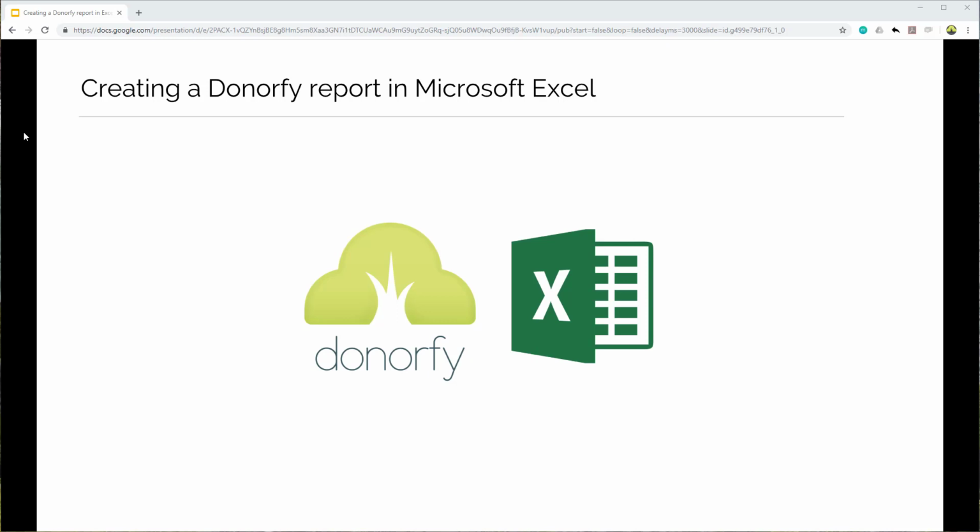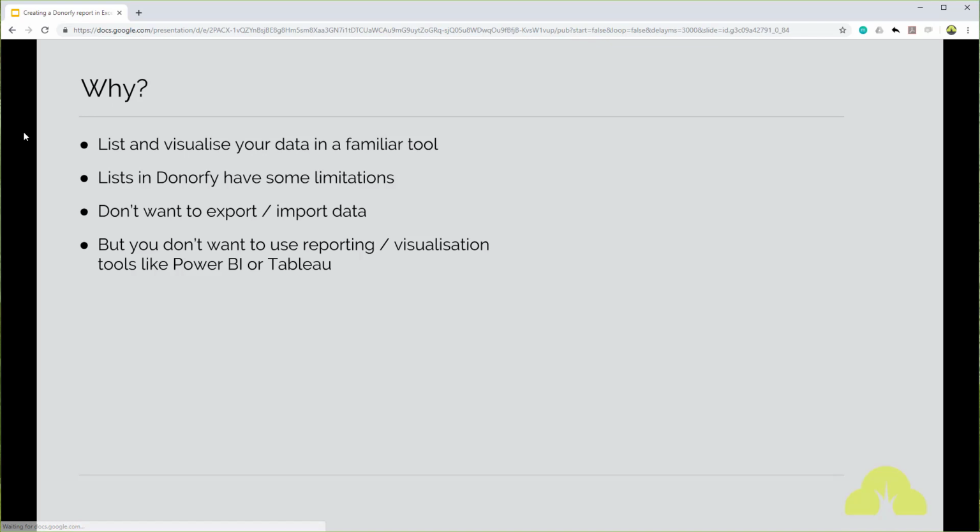My name's Robin, I'm the product manager here at Donorfy, and we have a few slides here to show you how all this works, and then we're going to look at Excel and set a couple of reports up as examples. So first of all, let's look at the reasons why you might want to consider using Excel as a